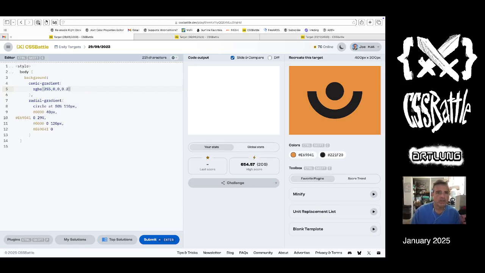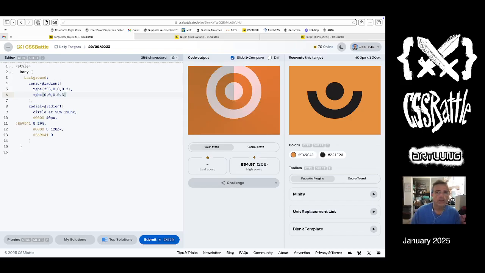So here's a pink color, and then here's another color. We'll do it as a black, dark color. And 75, how about,